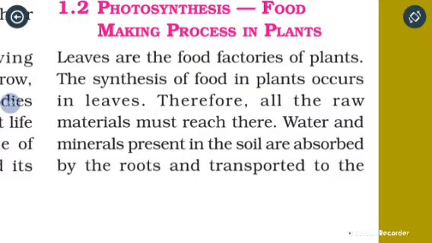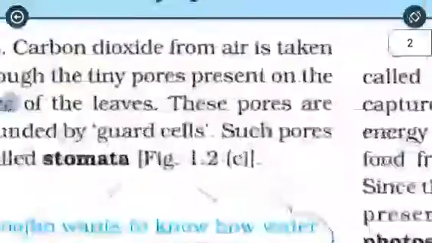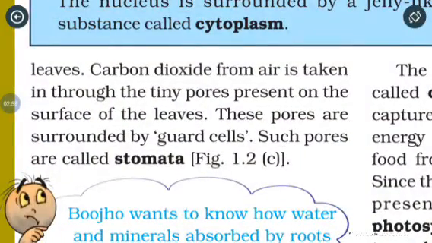Photosynthesis. Leaves are the food factories of the plant. The synthesis of food in plants occurs in the leaf. Therefore, all the raw materials must reach there. Water and minerals present in the soil are absorbed by the roots and transported to the leaves. Carbon dioxide is taken from air through the tiny pores present on the surface of the leaves. These pores are surrounded by guard cells. Such pores are called stomata,